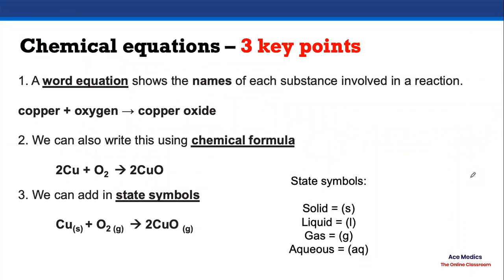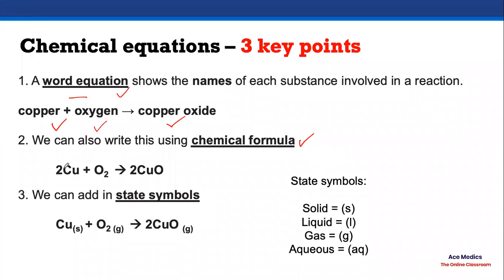When we write these chemical equations down, we need to consider 3 different things, okay? So one thing is that you can write these as words, which is what we've been doing so far. So we said that iron plus sulfur is making iron sulfide, and we wrote that all out in words. Another example of a chemical reaction is the reaction between copper and oxygen, where you get copper oxide. So you can write that as a word equation. But to save time,